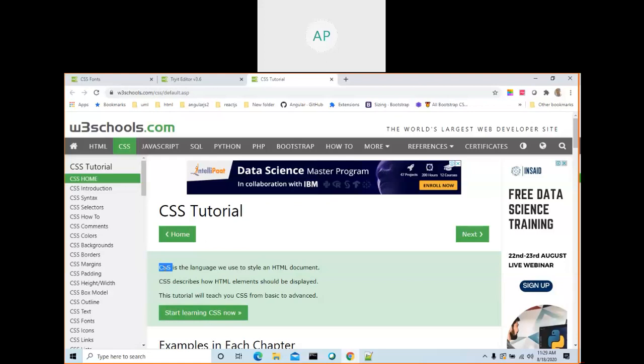So these are the five things that normally we use to create a web page: HTML, CSS, JavaScript, Bootstrap and jQuery. HTML, CSS, and JavaScript are the three languages we need to be good at if we want to develop a dynamic web page.